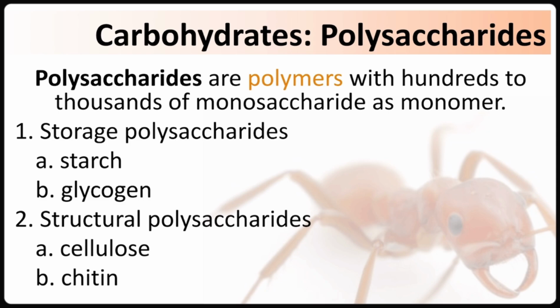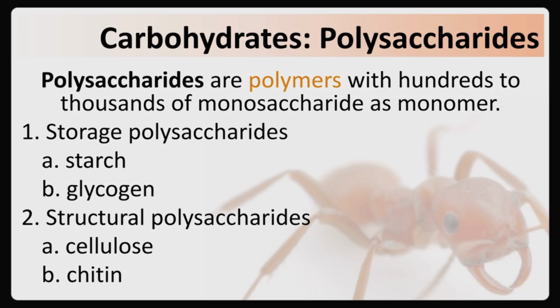Now, polysaccharides, what are polysaccharides? Polysaccharides are large carbohydrates made of many monosaccharides linked together, serving as energy storage or structural support. Take note of that. We have storage polysaccharides and we have the structural polysaccharides. Storage polysaccharides like starch in plants and glycogen in animals store energy that can be broken down when needed. Structural polysaccharides such as cellulose in plant cell walls and chitin in insect exoskeletons provide strength and support instead of